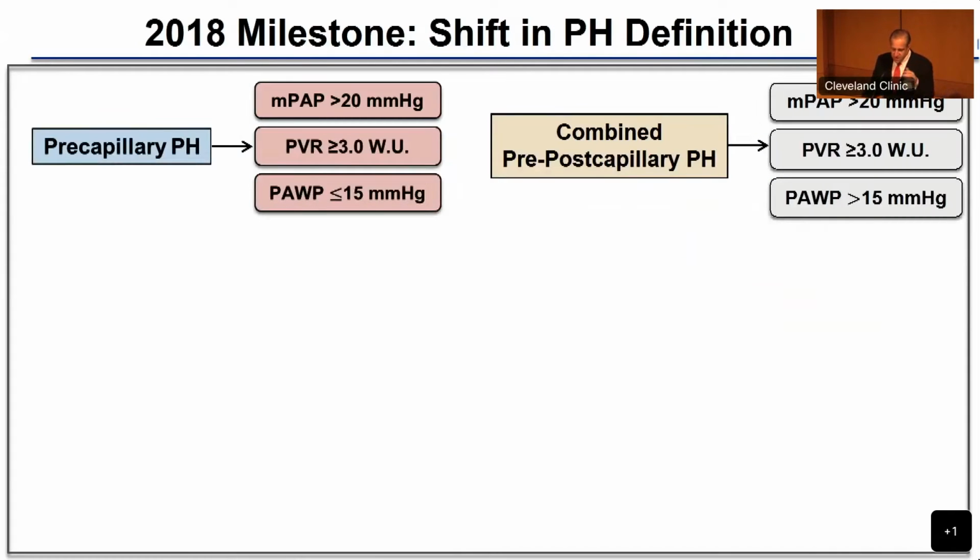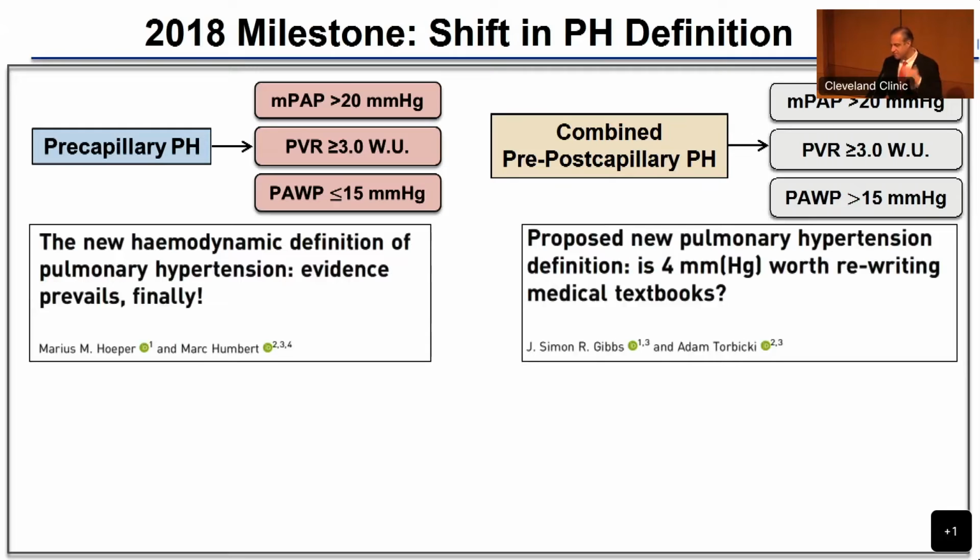And so I think that this may have set the stage for a change in 2018 at the subsequent World Symposium, at which time mean PA pressure thresholds were dropped from 25 to 20 for diagnosing PH. And in turn, a PVR threshold was introduced for components that would include precapillary contributions to pulmonary hypertension. And at the time, the PVR level of 3 was used, and that was based on observational data in part from congenital heart groups and others